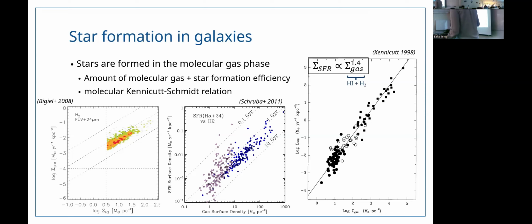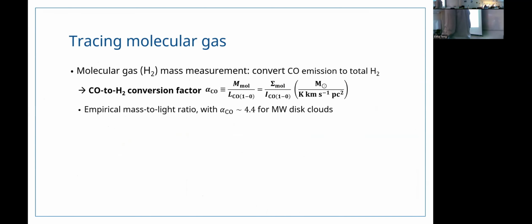However, to study either the molecular gas amount or star formation efficiency, we have to accurately trace the molecular gas. But unfortunately, the main component of the molecular gas, which is molecular hydrogen, is not directly observable in the cold molecular gas where star formation happens. This is because even the lowest energy transition of H2 requires a gas temperature of about 100 Kelvin